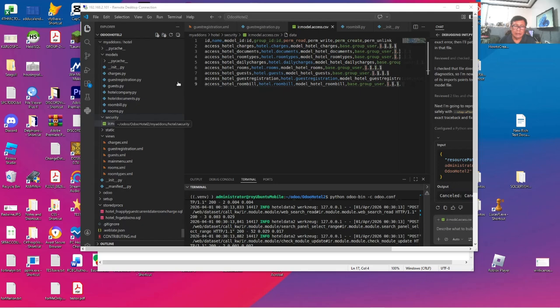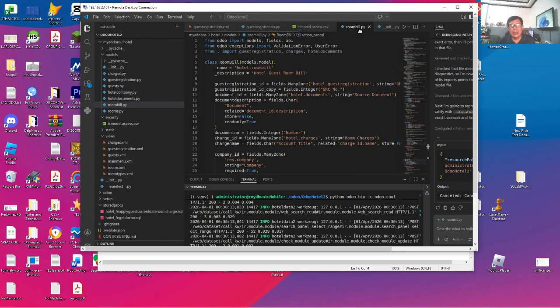In the last video, I showed you a model that we will use to store guest bills in our hotel management system. This is the roombill.py. In this video, I'm going to show you how to integrate that model into our guest registration view so that the users will be able to have the live payables of an occupant guest right there and then. And the users will use this view also for making collections, recording discounts, and others.